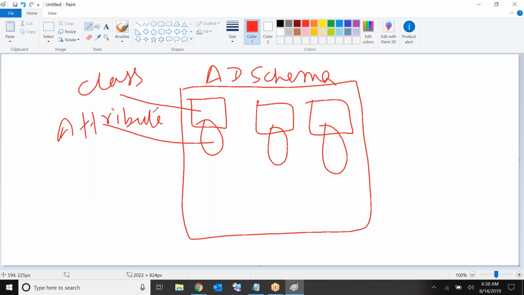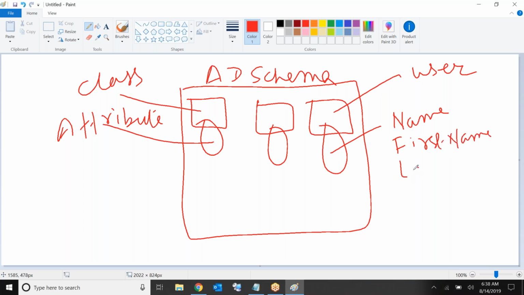Now, I'm going to give you an example. User is a class, right? Now, the attribute of user will be name, username, first name, right? Last name,